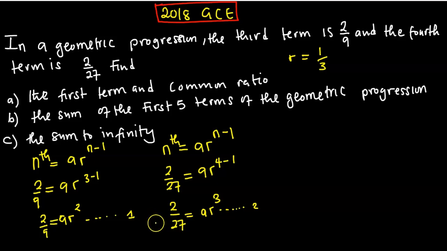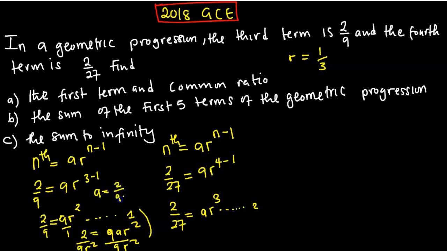Okay, solving these simultaneously, I'm going to make A the subject here. If I make A the subject, it's going to be this multiplied by that, this multiplied by that. So it's going to be 2 equal to 9 multiplied by A r squared. Now I want to make A the subject, so I'll divide by 9r squared on both sides. And therefore my A, let me just put it here, it's going to be